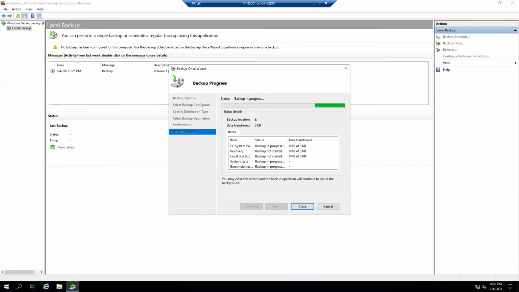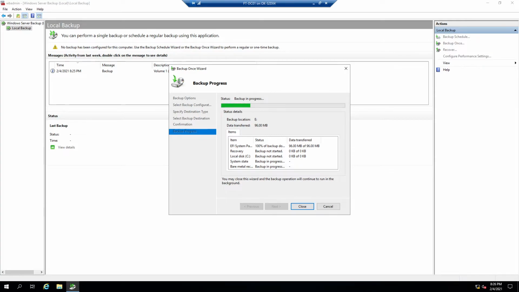One thing to note about the VHD file that it creates, these VHDs are special. You can mount them up into Explorer and actually view the files in there. So if there's a particular file that you don't want to have to run through the backup process, you just want to get access to that file, you can mount the VHD up and actually go find it and pull out the file you need. However,